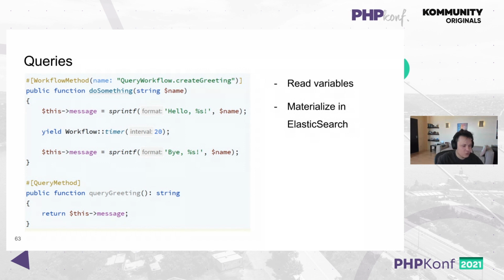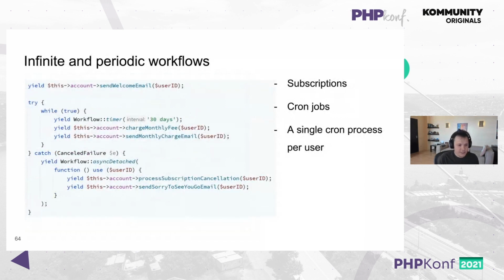So like a while ago with workflow, we can actually update some values for easier fetching from some simple source. You also can create infinite and periodic workflows or cron jobs here. Again, in this case, we have a while true, and this is the workflow which creates a subscription model. Specifically, it sends a welcome email, then waits for 30 days, charges a fee, sends another email, and then again waits